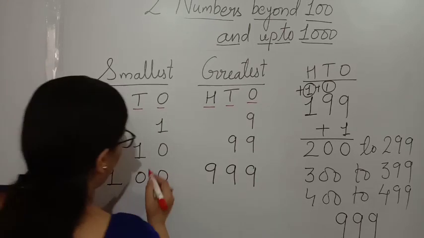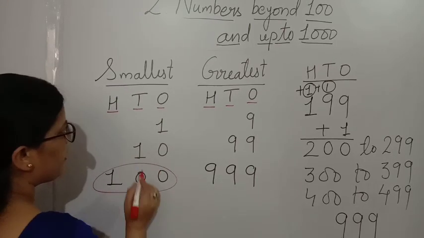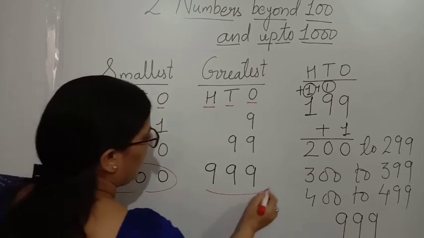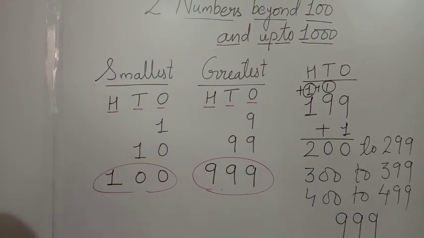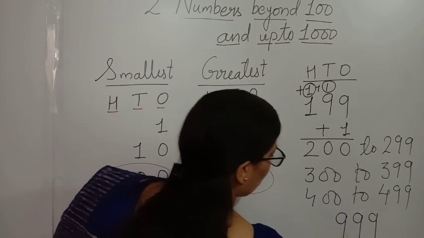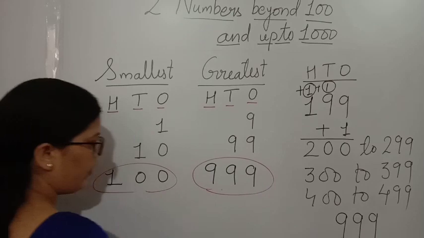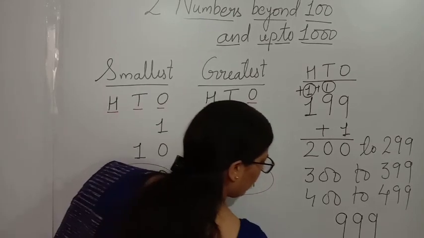So 100 is the smallest 3-digit number, and 999 is the greatest 3-digit number. Now, when we add 1 to this 999,